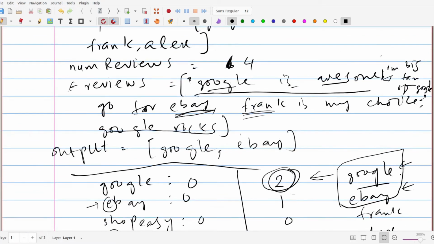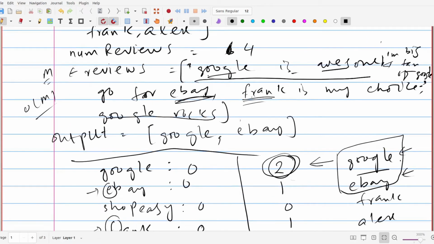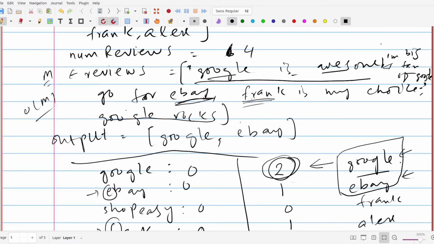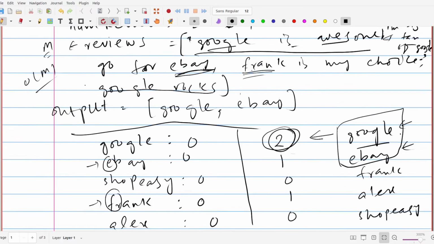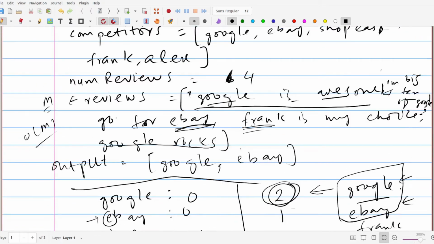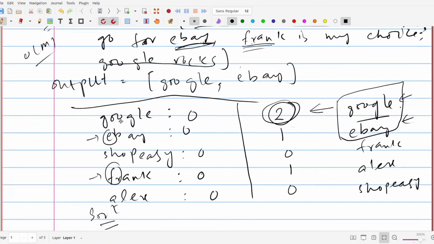So let's say m is the total number of reviews, so definitely O of m in order to make that map. And again, we are not counting how many words we are iterating through. If m is the number of reviews, we are going to be taking O of m. But then we also need to put them in the max heap. So for that one, the total number of things which are going to be added to the max heap are